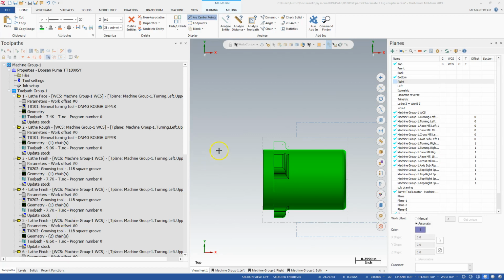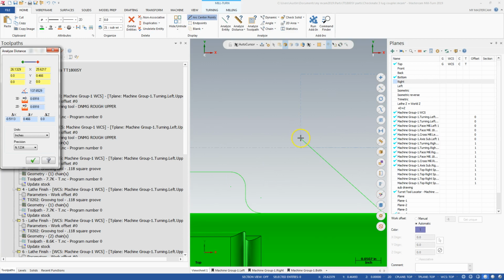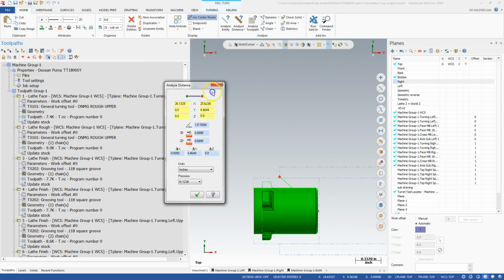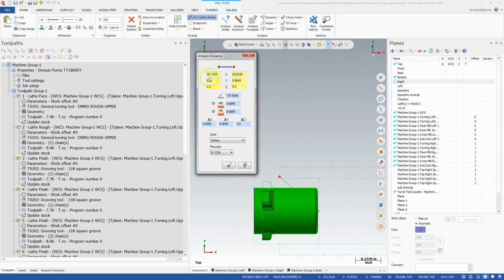So I figured I'd show you guys how I post a job for Millturn. One of the important things to know is where you grip the part. You could use the analyze distance tool here, grab this face, zoom in, grab this jaw, and there I can see in this box right here in the X category, I believe